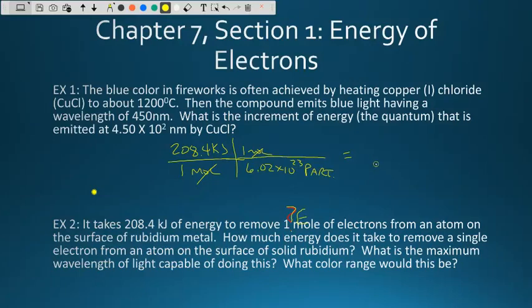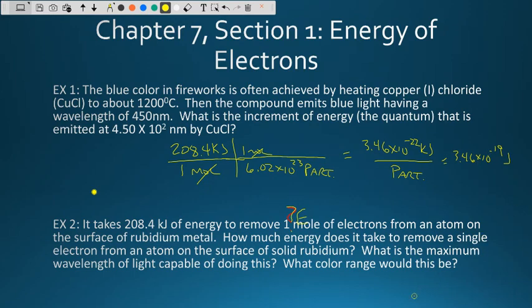I have, or the electrons in this case, 3.46 times 10 to the negative 22nd kilojoules per particle. Remember those particles are our electrons. If I wanted this in joules, then I would just multiply that by 1000. So that's where the negative 19 comes from. Now, the reason I want to answer that part about the joules is because of 3.46 times 10 to the negative